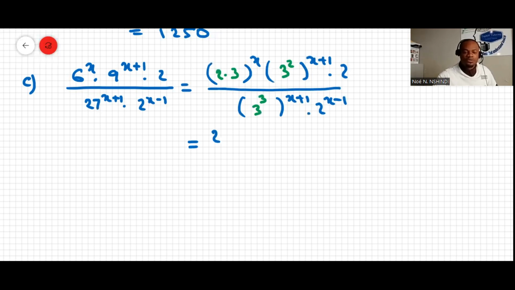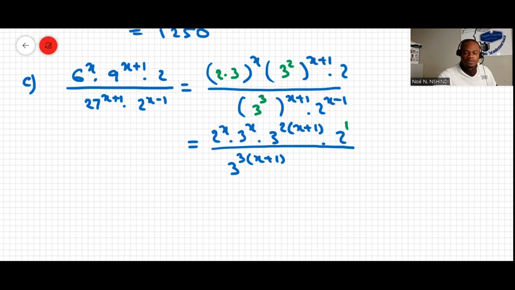That makes 2 to the x multiplied by 3 to the x multiplied by 3 to the, over here it's going to be 2 open bracket x plus 1. Okay, multiplied by 2. 2 has an invisible power of 1 there, and then all over 3 to the power of 3 open bracket x plus 1 multiplied by 2 to the x minus 1. Now that we write each term in terms of its prime factor,